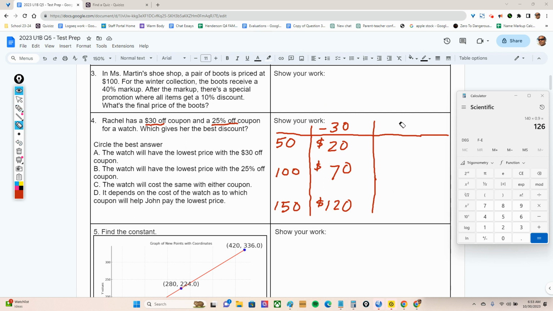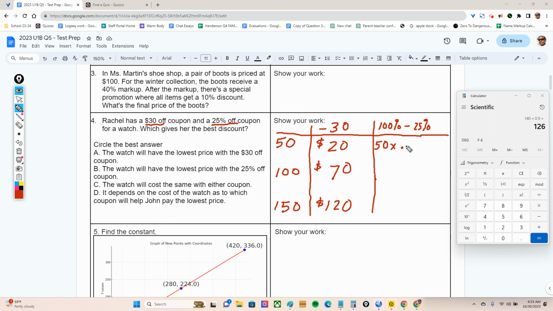No, we wouldn't do 1.25 because that would be a markup. What we're going to do is 100% minus 25%, which is times, so that would be 50